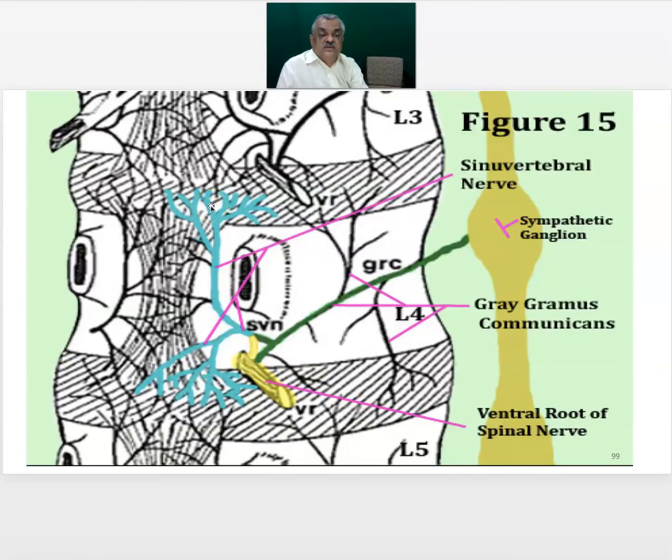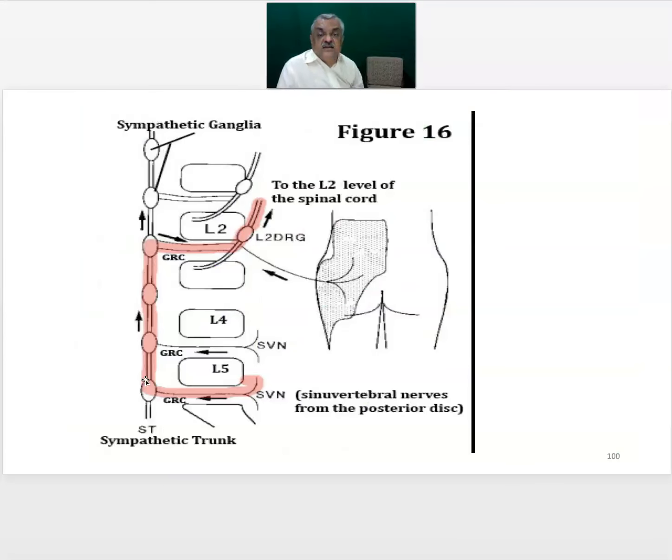Now we go next and we find that this is the sinuvertebral nerve which is supplying the posterior part of the annulus. We also have gray rami coming, and we have the ventral root here. These are the pedicles, which have been removed to expose the posterior aspect of the body. This middle part is the posterior longitudinal ligament, and this is the area which is very, very highly supplied by these nerves. So we need to remember that the gray rami